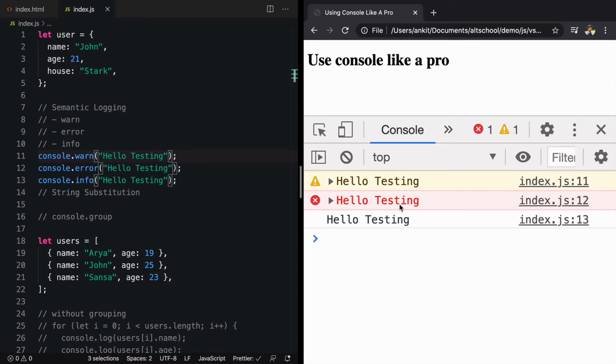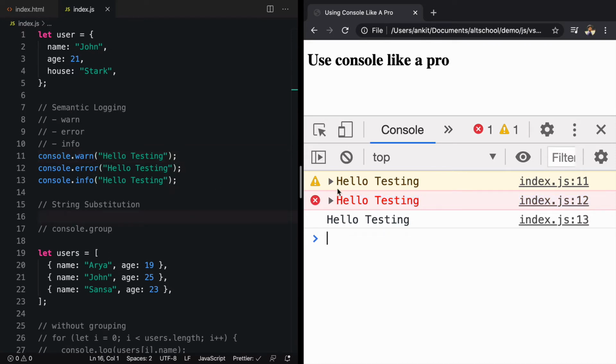The way the error is thrown is different. So semantic is used for conveying more message than it can normally convey. Think about HTML, you can use div, but you can also use nav. Div is used to group multiple elements. Nav can also be used for that, but nav conveys more information. That's why it is called semantic. So here, whenever you have any kind of warning, using console.warn is more semantic because it conveys more information, because it has a yellow background. And for error, you can see it is a red background. So it is conveying more information with the same piece of code.